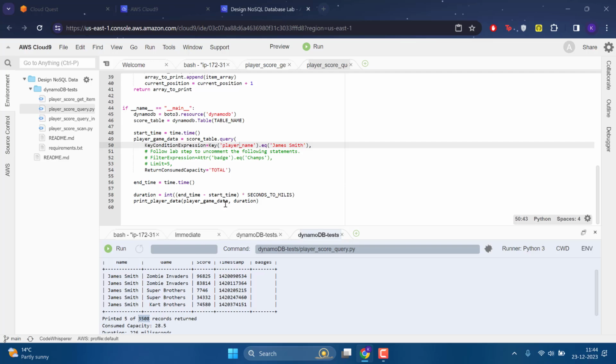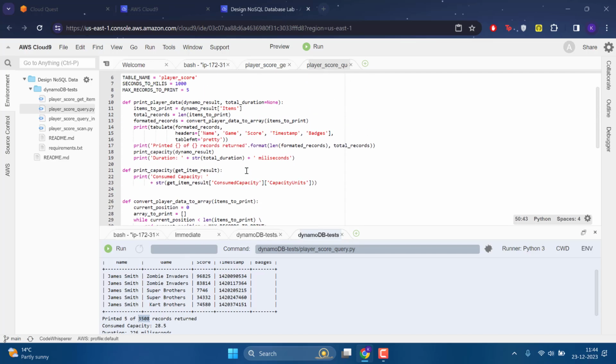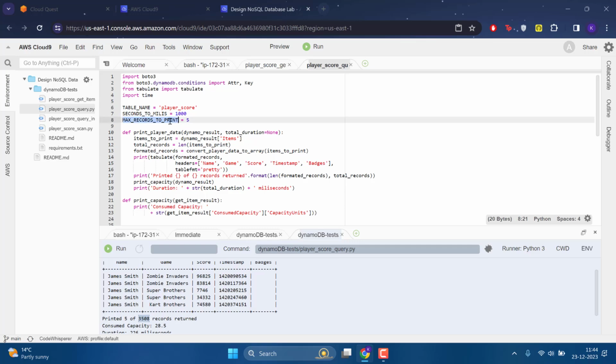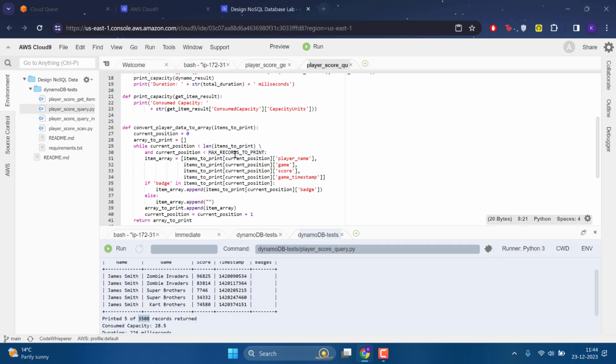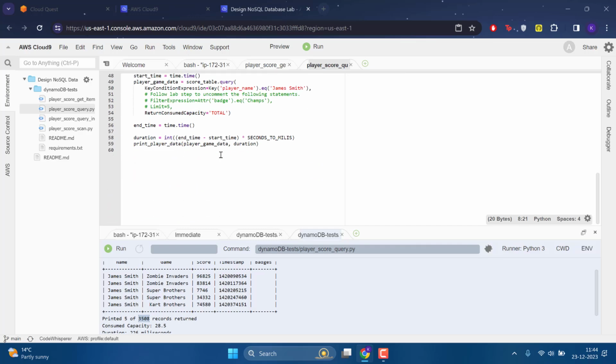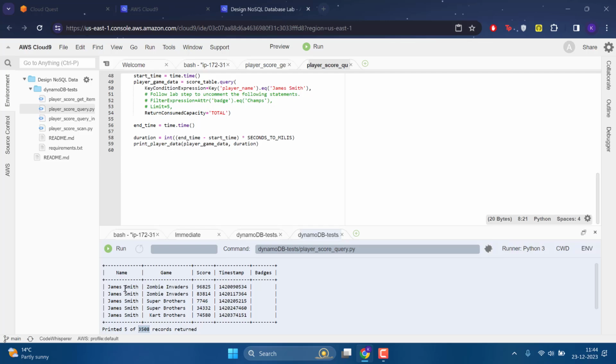How did we limit that? I think somewhere in this one of them has a maximum records to print. They are passing it somewhere in there. That is making us only print 5 of them, as you can see here, right? Anyways, the point is we can query using the query method